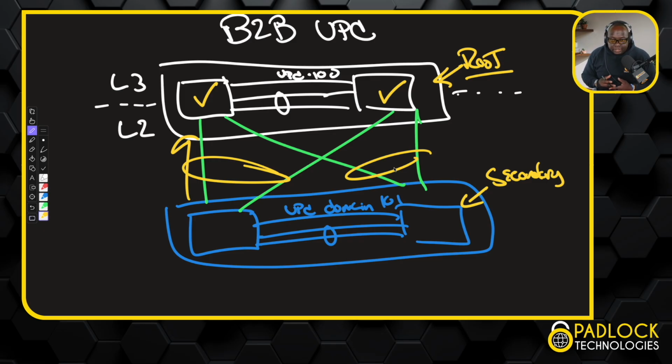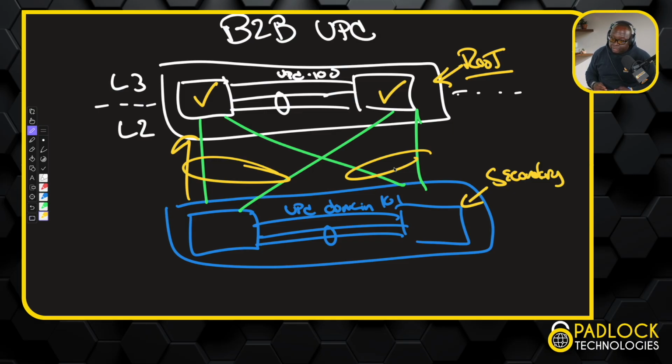So that's back-to-back VPC in a nutshell. Most data centers, you probably won't see this, right? You're either going to see a collapsed core design with one VPC and then everybody's going to be top of rack switches or something like that. Or, God forbid,